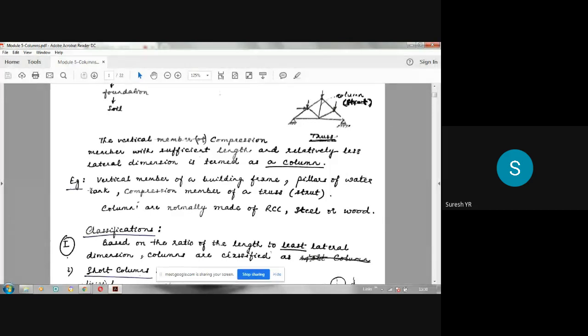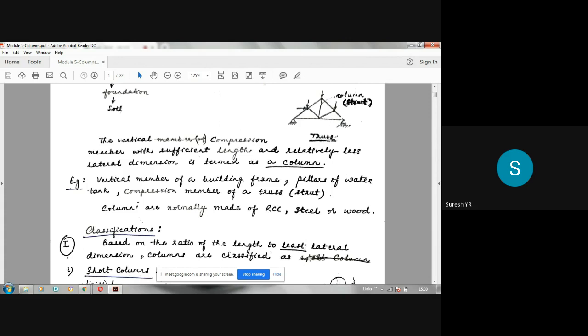Compared to the length, the lateral dimension will be less. That is the meaning. If it is a rectangular column, then width and depth are the lateral dimensions. If it's a square column, the width of that column will be the lateral dimension. Okay. So you can have different shapes in columns also: circular, rectangular,